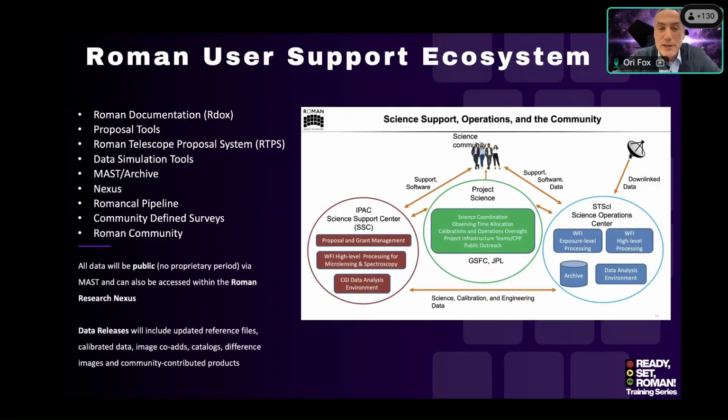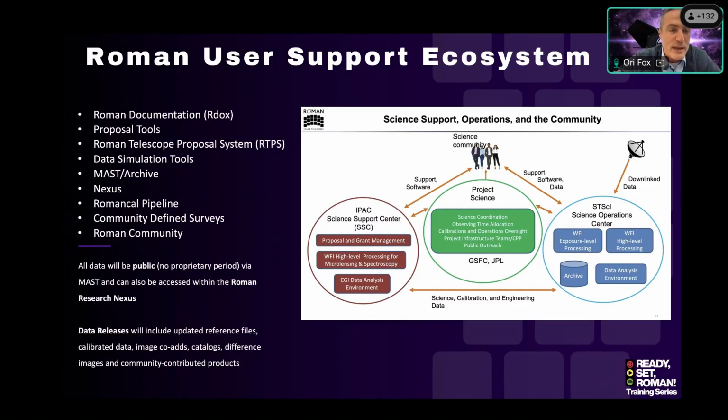So here are some of the tools that are at your disposal. This is what I call the user support ecosystem. Roman is a distributed project. We have several key partners that are all working together for you, the science community. We have the Project Science Office headed out of NASA Goddard. We have the Science Operations Center here at the Space Telescope Science Institute in Baltimore. And we also have the Science Support Center out at IPAC in California. And we all have our own responsibilities that all overlap and interact, and we are working together to get this mission